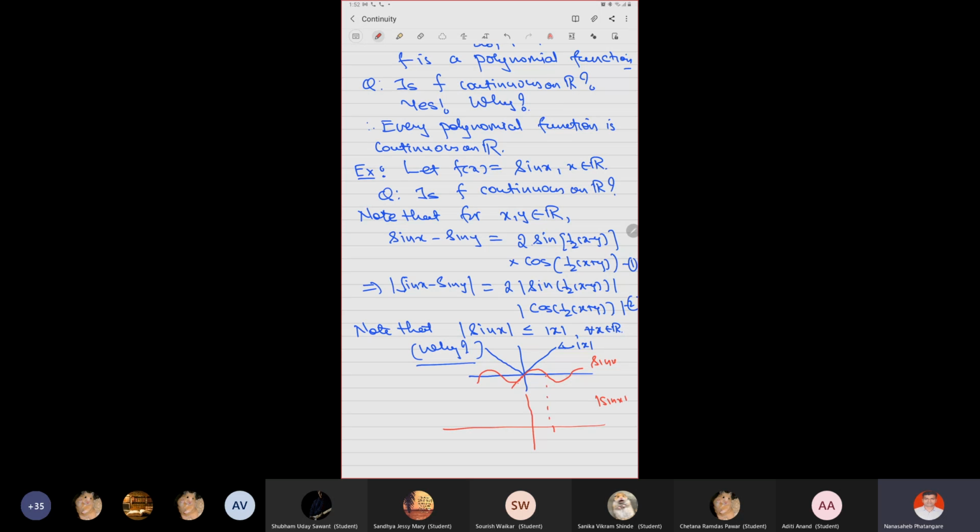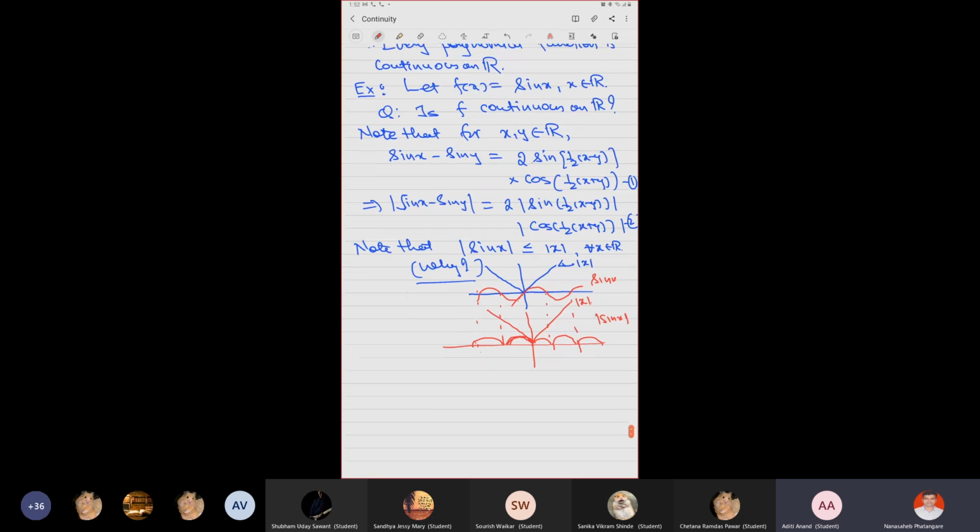Wherever it is negative, convert it into positive. The positive part stays as it is, but the negative part becomes positive. Same on the negative side. See, the negative part becomes positive if you take the absolute value, and the positive part stays as it is. So this is the graph of the absolute value of sine x. And what is the graph of f of x equal to the absolute value of x? This, the absolute value x. The second figure is clear now. And therefore, from the second figure, what do you observe?